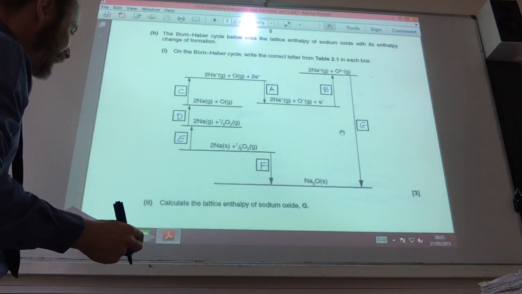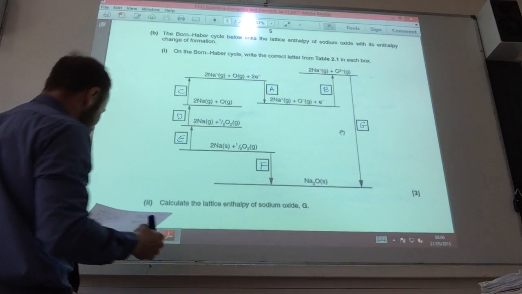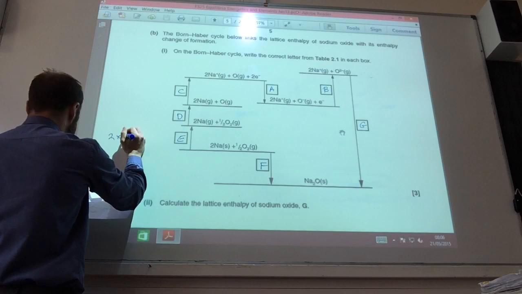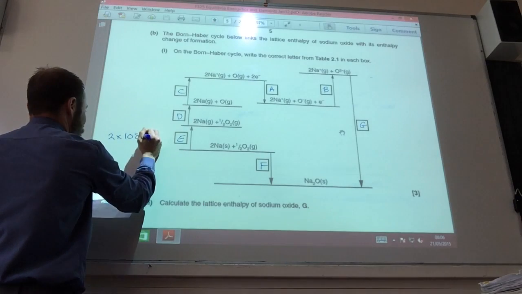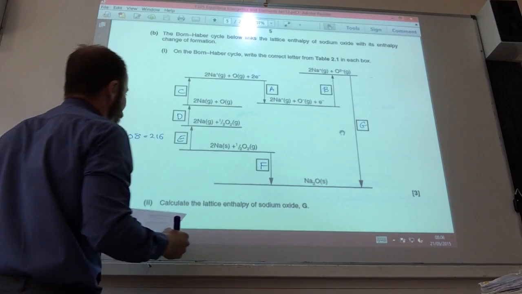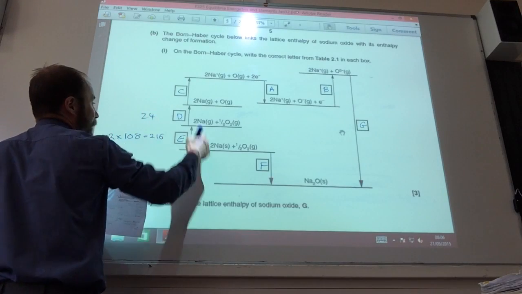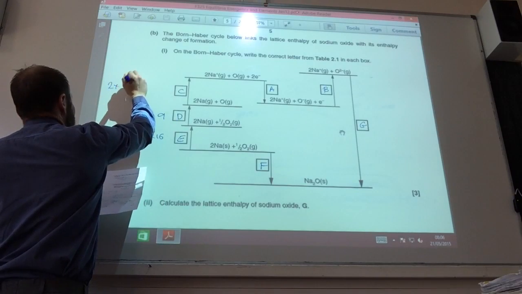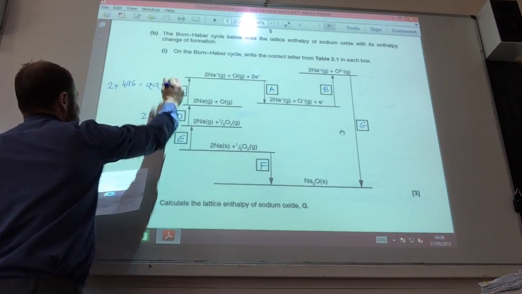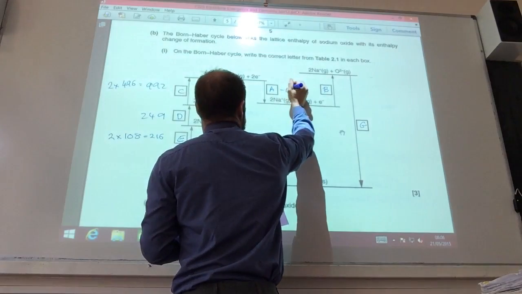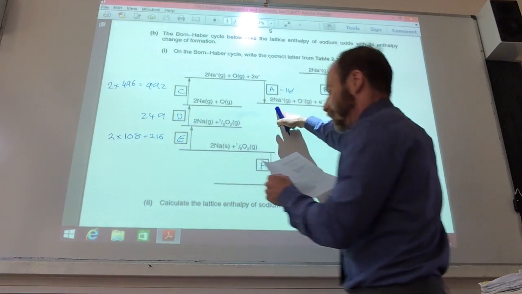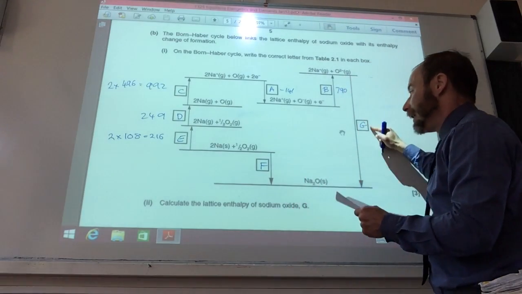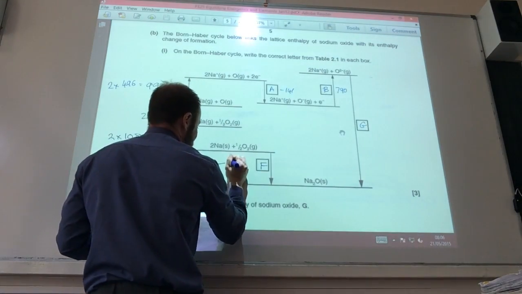What I'm also going to do is calculate the lattice entropy, so I'm going to put the numbers on. Remember, this is 2 sodiums, so it's going to be 2 times 108, which is 216 for the ionization. This is for the atomization of sodium. That's 249. That is actually 2 times 496, which gives me 992. A for the electron affinity is minus 141. This is 790 for the second electron affinity. That's what they want me to work out, and that is minus